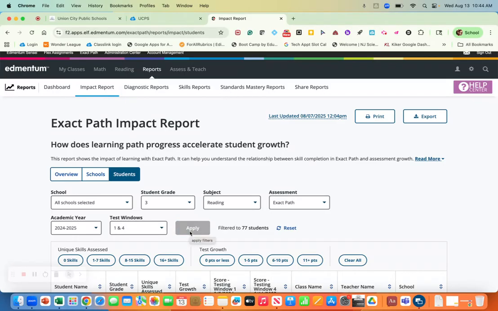So now the way this works is you're going to get data that's going to give you, obviously, student name, student grade, how many unique skills were assessed, and the test growth, the test score for window 1, the test score for window 2. Those are diagnostics, right? Unique skills, remember, those refer back to the learning path. The test growth is the growth that students score between testing windows, and the test growth is determined by their diagnostic scores